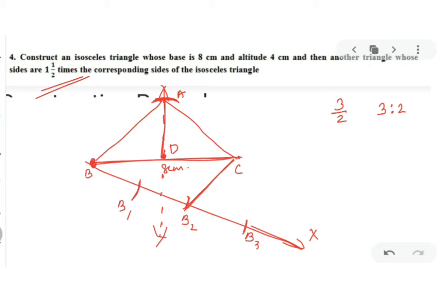Did you all join? Okay. Then I will draw a line from B3 which is parallel to B2C and it will intersect the BC extended. तो एक ऐसी लाइन जो B2C के पैरेलल हो B3 से और आपके BC को इंटरसेक्ट कर रही हो, you can name this as C dash. Got my point clear? Now you have to draw a line from C dash और AC को भी हम ऊपर की तरफ एक्सटेंड कर देंगे.